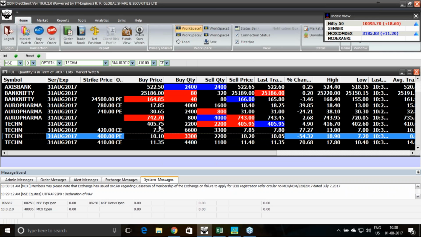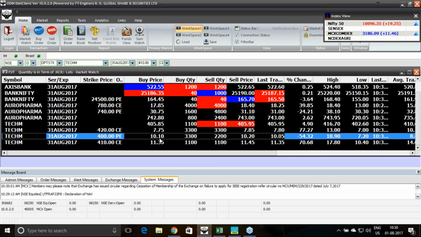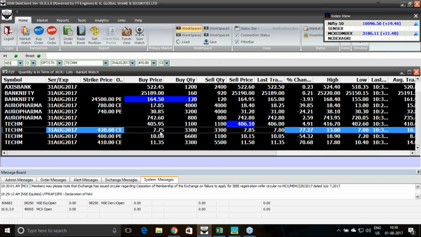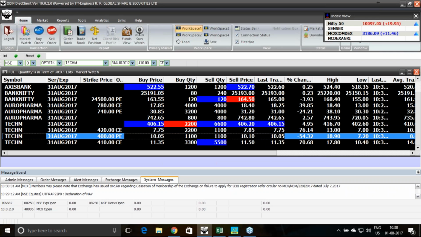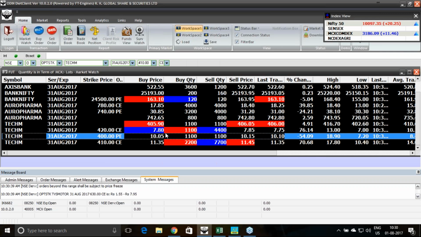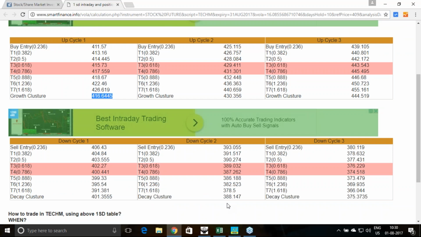So 10 rupees of time value you are getting, another 5 or 6 rupees of value is here. So 16 rupees of time value you are getting, and you are just paying 8 rupees. So 8 rupees of net gain you are making in this strategy. Considering 1100 as the lot size, some 8,800 theoretical profit you can estimate. So based on the trend forecast, you can form